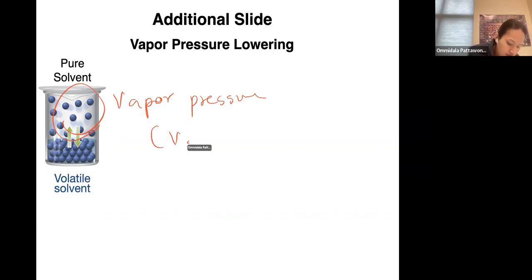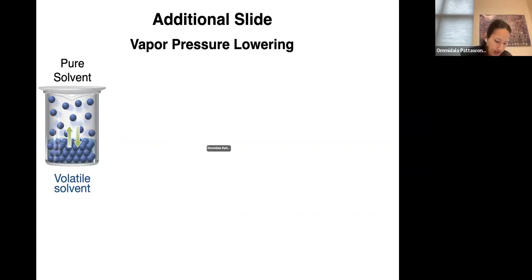Okay, so I'm going to use VP for short in this case. If you have pure solvent, the pure solvent would contain a certain vapor pressure above the liquid. When I talk about vapor pressure, I'm referring to the gas above the liquid. And when we are adding solute into this pure solvent, there would be 3 scenarios that we are going to